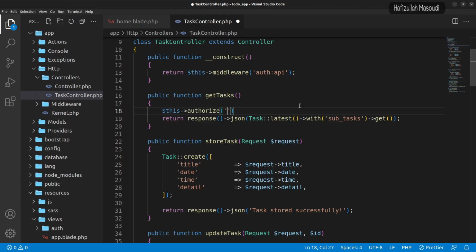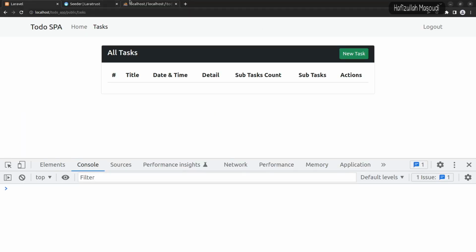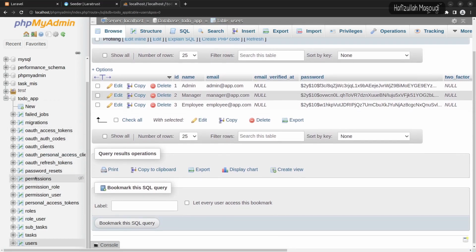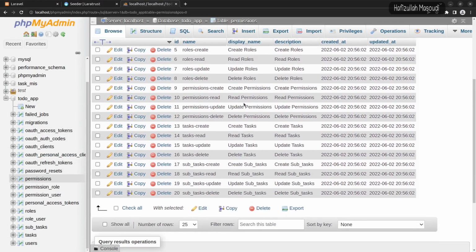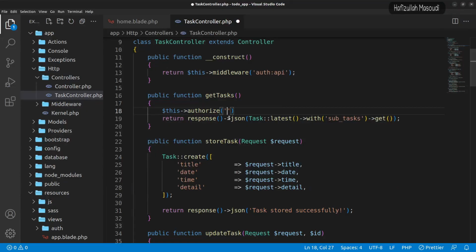And if we go to the database and go to the permissions and scroll down, you can see we have all these permissions for the tasks. For example, tasks create, tasks read, tasks update and tasks delete, and the one that we want is this tasks read. So let's get back to Visual Studio Code, and in here let's say tasks hyphen read,